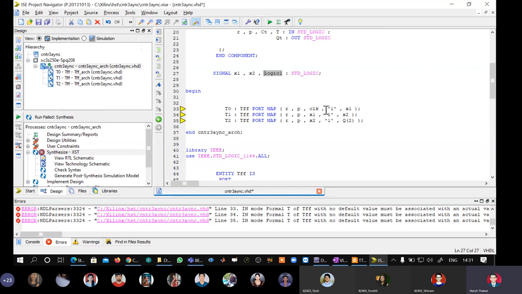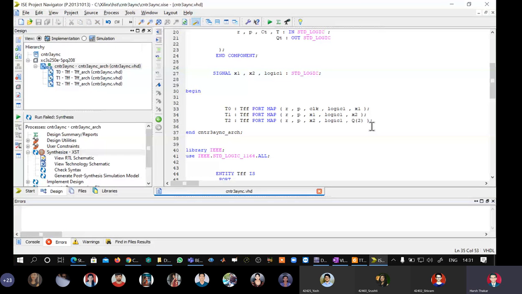Let me try to replace, and I have to initialize it to 1.